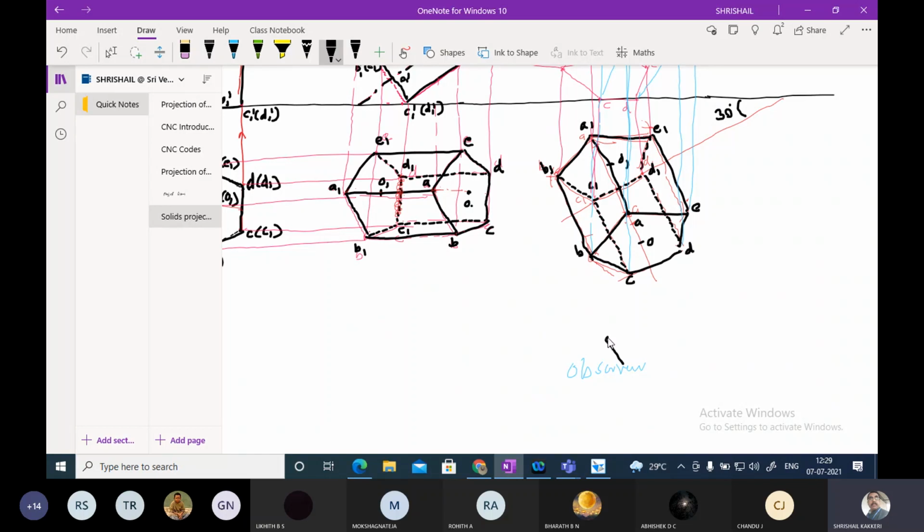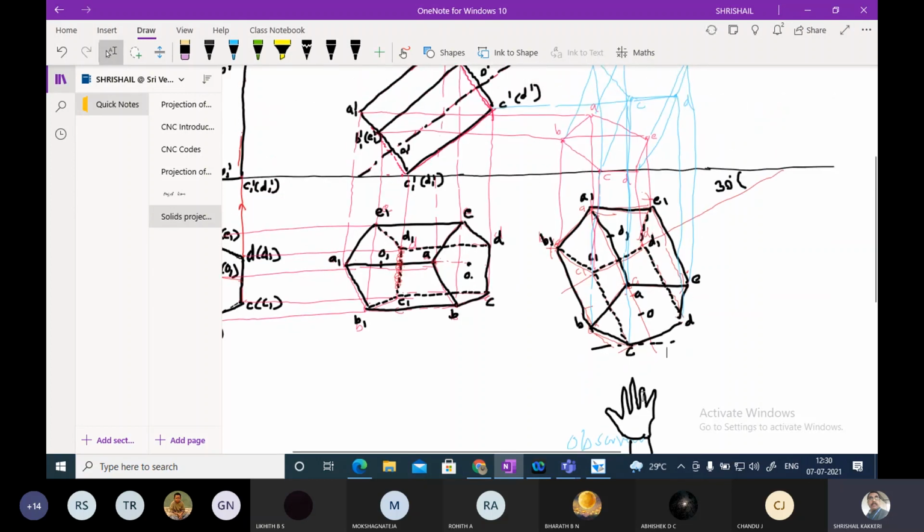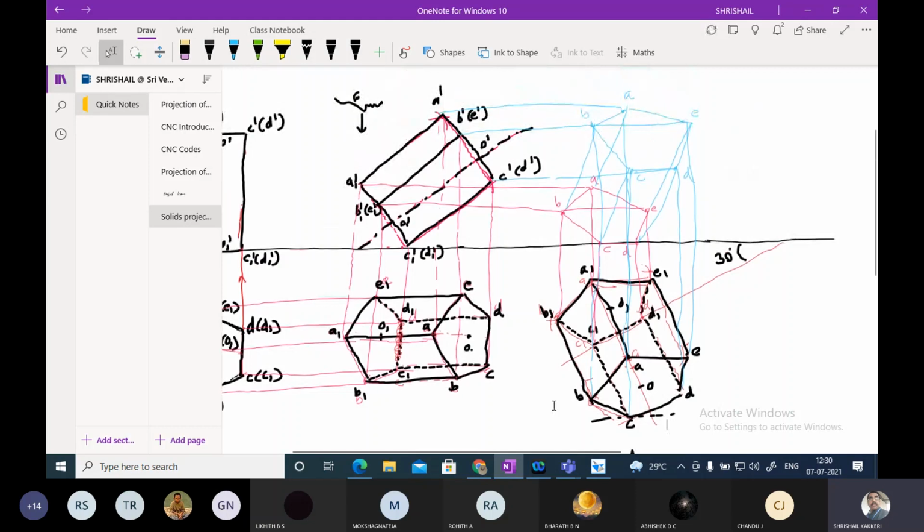Okay, let me stretch my hand. Now you will be touching this particular thing. You can see that this particular edge will be nearer to him. That means C to C is visible to the observer. So definitely this particular corner C is visible.